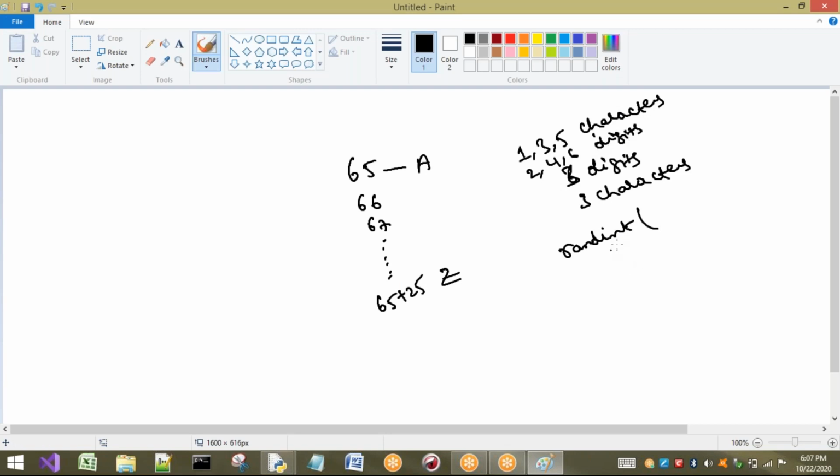Now observe the case here. The first one is a character, so I am going to write randint of 65 to 90. In between, it is going to generate one random number.